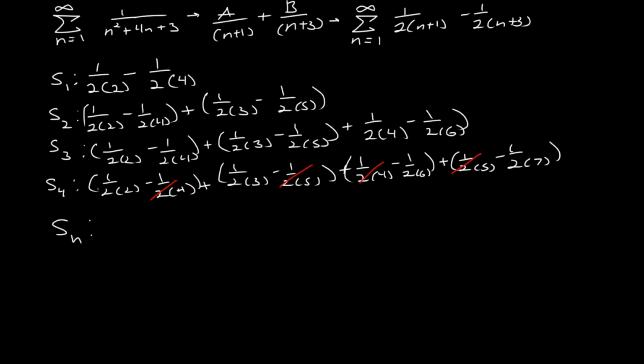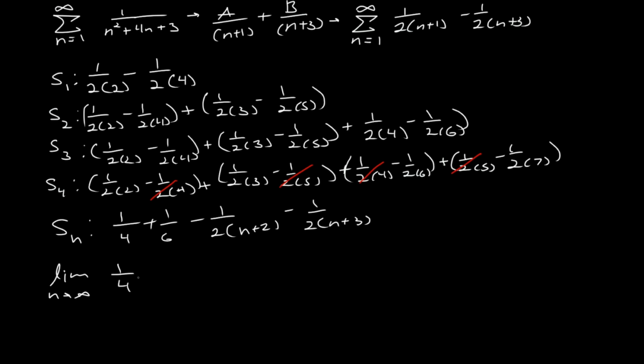Okay, so now that we've done that, we can now write our general formula because we have two constants here, and we have the changing n plus 2 and n plus 3 over here. So 1 divided by 4 plus 1 divided by 6 minus 1 divided by 2 times n plus 2. We know that it's n plus 2 because this 6 is 2 above the 4. Plus 2 minus 1 divided by 2 is n plus 3, and we know that it's n plus 3 because the 7 is 3 more than the 4. Finally, we can take the limit of this,